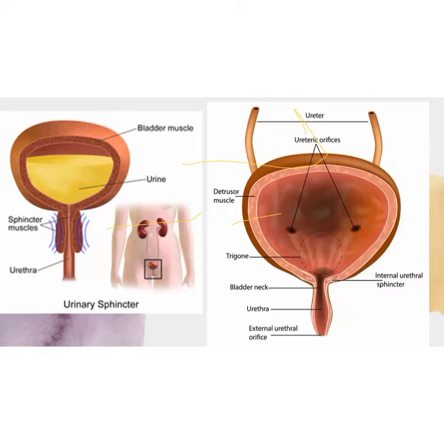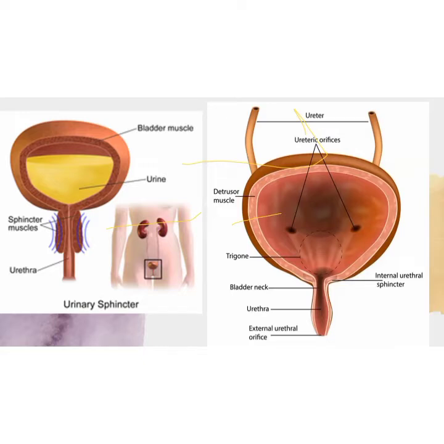A slight elevation on the trigone immediately posterior to the urethral orifice is produced by the prostate gland and it is called the uvula vesicae. The uvula vesicae is at the place where the internal urethral orifice ends in the trigone and joins the prostate. So at the prostate gland there is an elevation which is called the uvula vesicae.